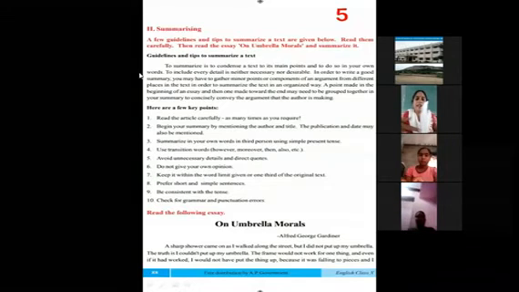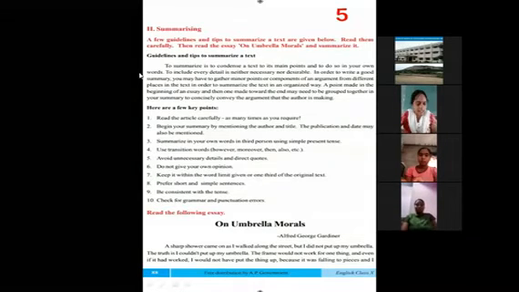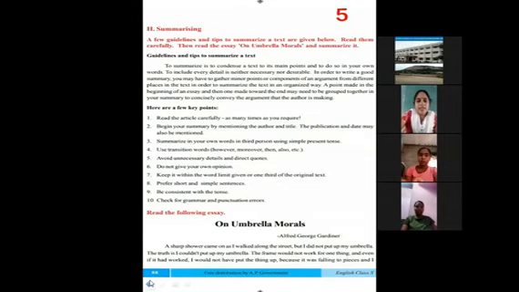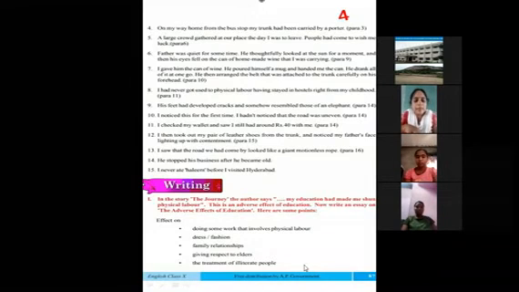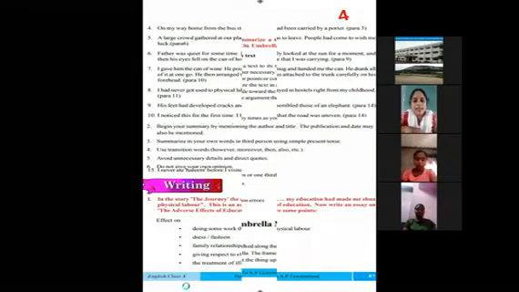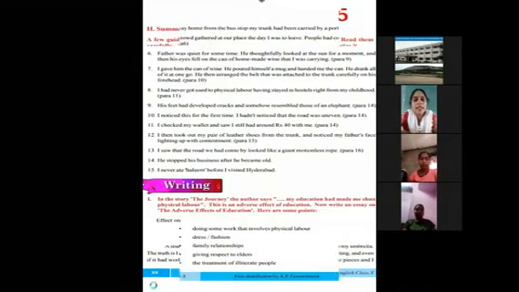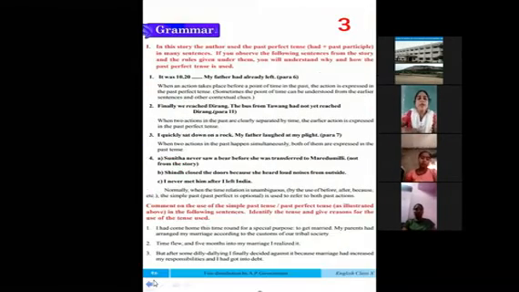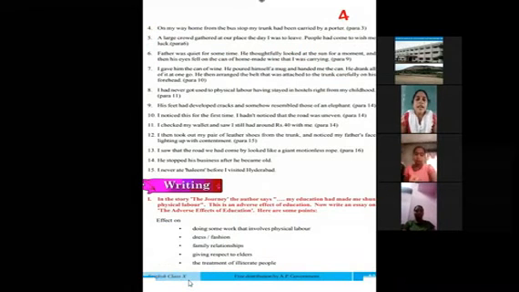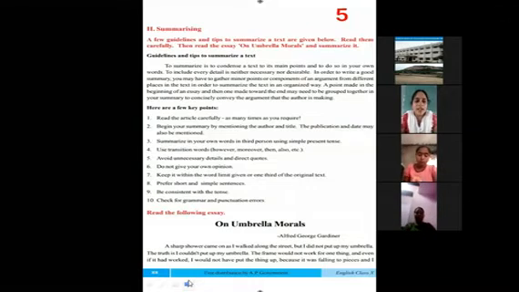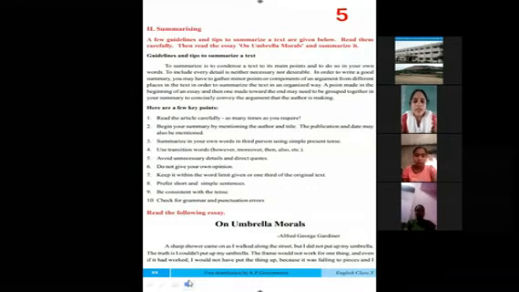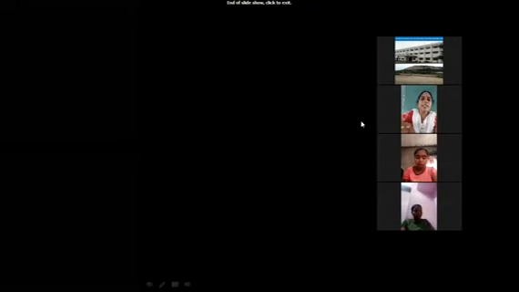Okay, now let us fill the blanks on the next page. Mahendra, next page. Just you can check the next page, Mahendra. So on this next page, we can check: combine the pairs of sentences by using the words given in brackets. Let us combine these. So already you have learned how to combine using the words who, which, when, what, so that. Now here they have given words, use those words and combine these two sentences.